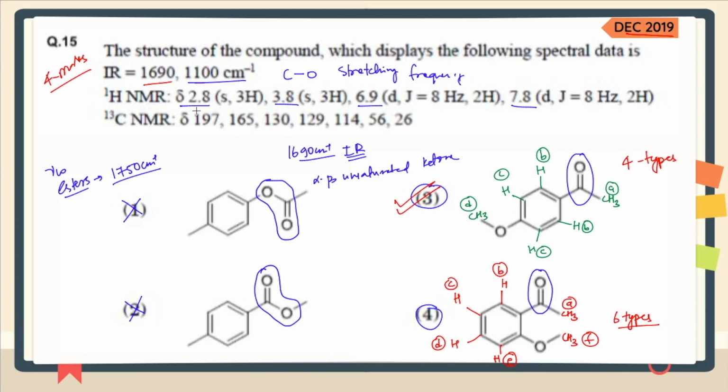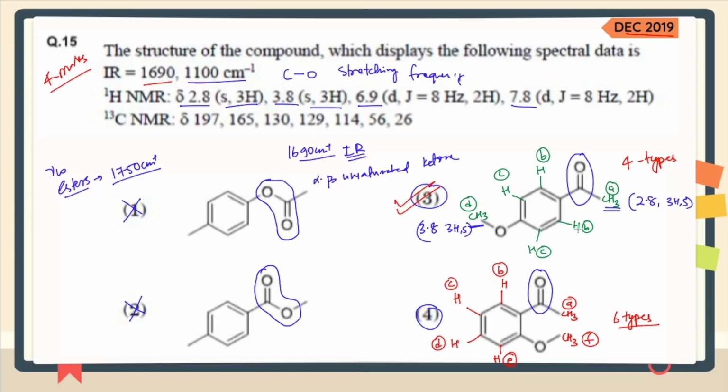See this particular thing: you have got a 3 hydrogen singlet and a 3 hydrogen singlet, that belong to this methyl group and this methyl group. You have to look for the higher value, that is 3.8. That is because the group which is directly attached to an electronegative group, these protons will become a little de-shielded, and that's why they will give you little downfield values. So that's why 3.8 and the 3 hydrogen singlet is because of this methyl group, whereas 2.8 and the 3 hydrogen singlet is because of this methyl group.